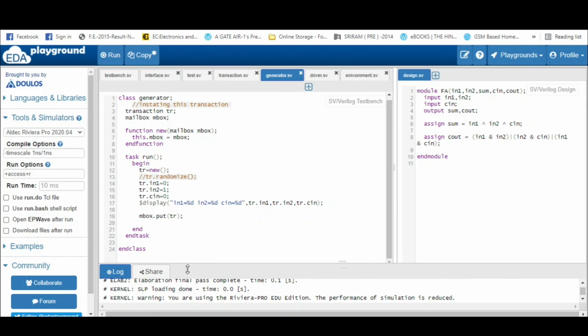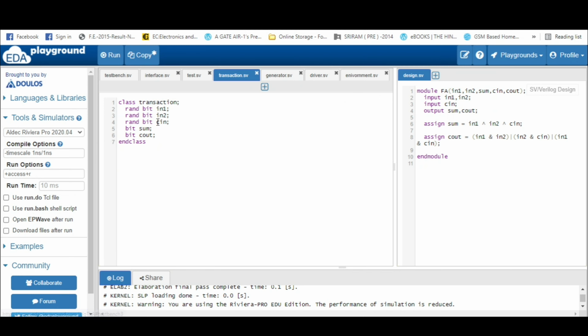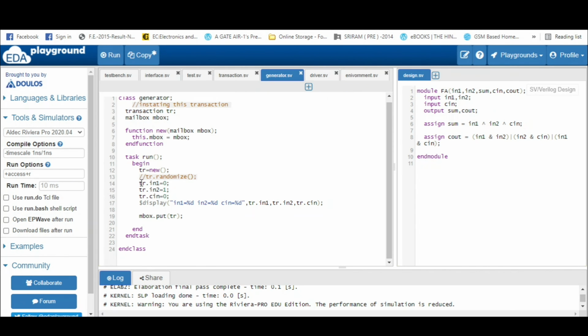Now if you want to see how the randomization works, see in the transaction class we have already declared the rand keyword, right? So now what we need to do is in the generator, just comment this out and do randomize and put it into the transaction. For how many times?